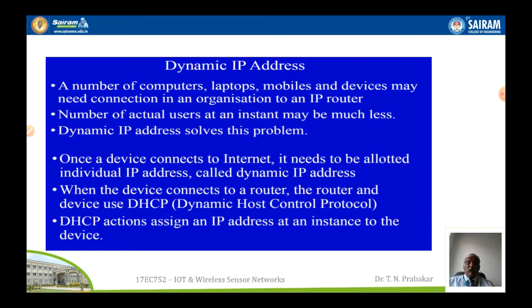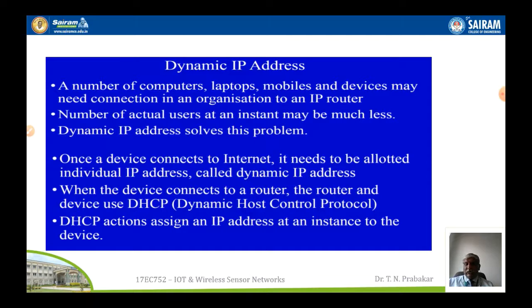And since we have only a limited number of bytes available for the IP address, and the number of systems keeps on increasing, the IP address range may not be sufficient to hold all the computers. So in that case, what we can do is use a dynamic IP address, right? A number of computers, laptops or devices may need connection to an IP router, and the number of actual routers at any instant may be much less. Say, for example, the actual IP address range available is only minimum, but more users are available, so more addresses need